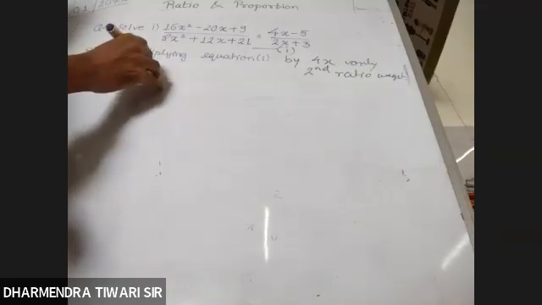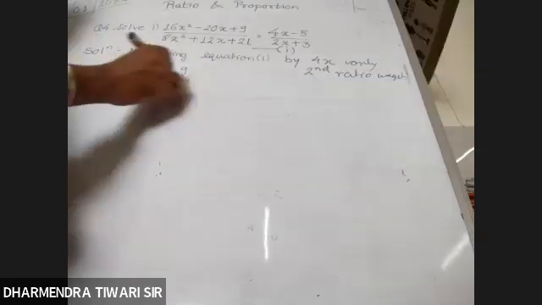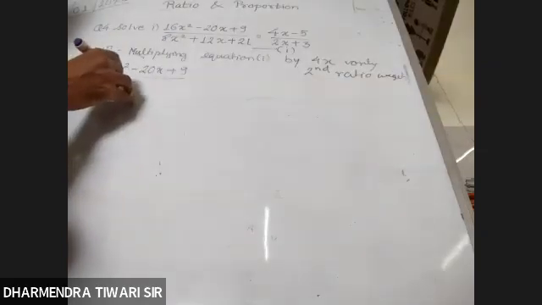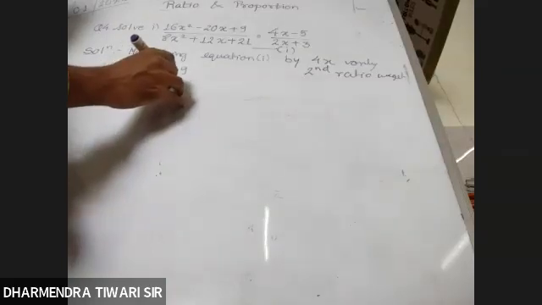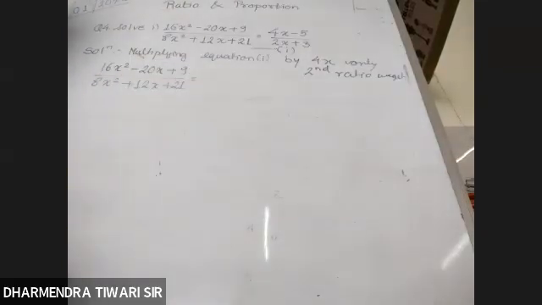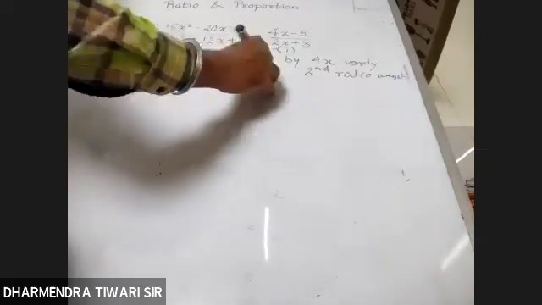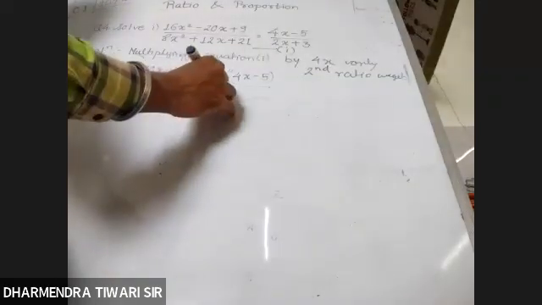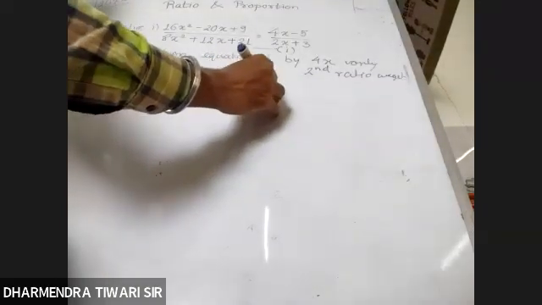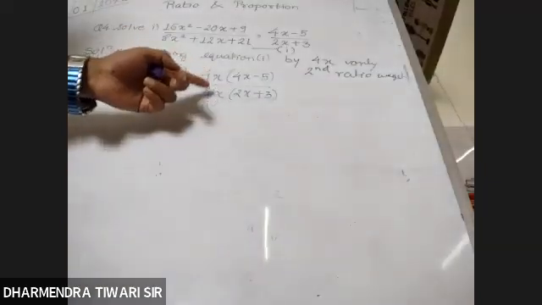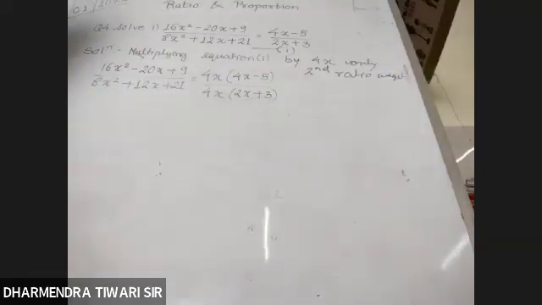16x square minus 20x plus 9 divided by 8x square plus 12x plus 21 is equal to, as we are multiplying the second ratio by 4x, just write the second ratio in bracket and outside we need to, it's not changing the meaning as we are multiplying and dividing. No? Plus 4x by 4x in numerator,